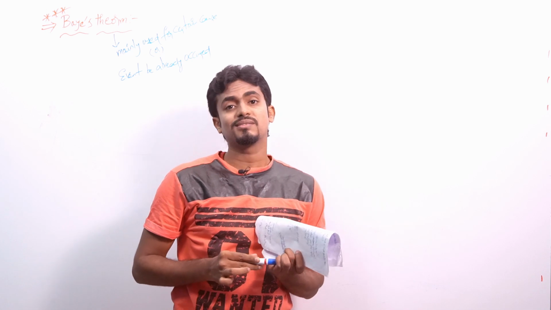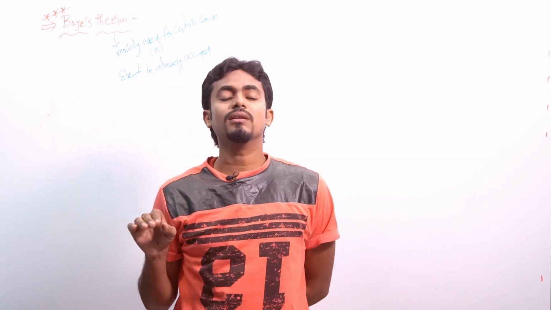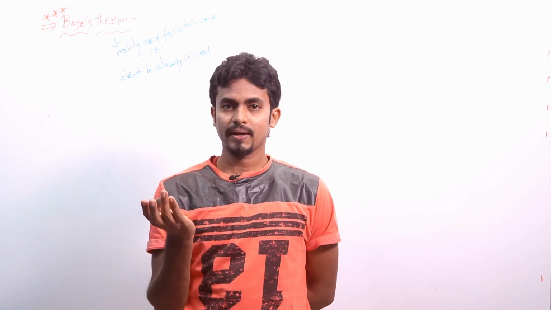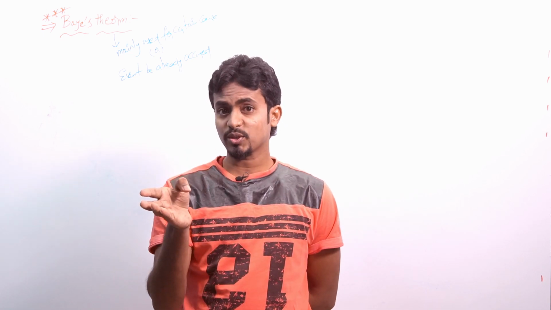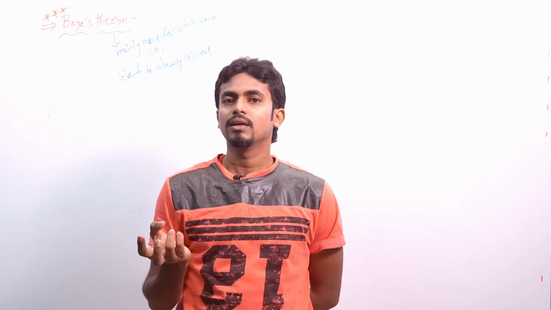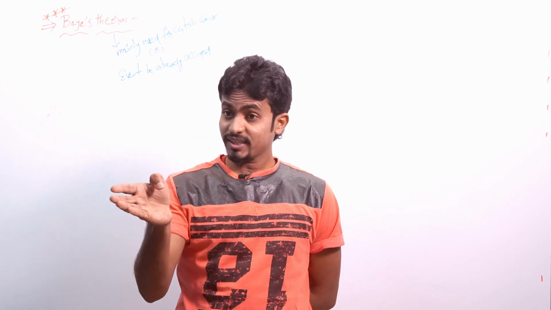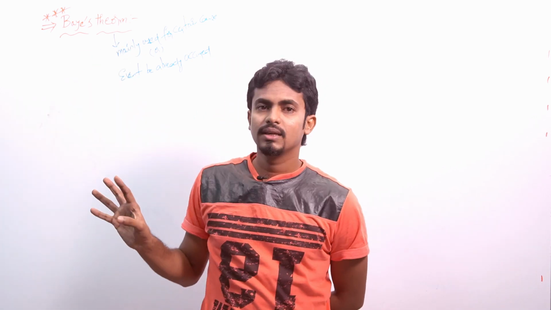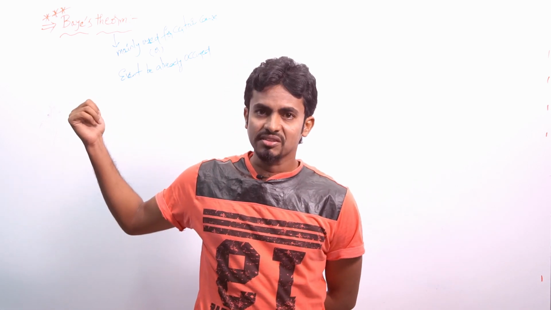The main theme behind this Bayes theorem is, for example, in a classroom there will be a group of students. If I want to select a particular student, my interest is social studies. So if I want to select that particular student, who is studying social studies, how much probability will there be? If I solve one to three problems, you will get to know how to use this Bayes theorem. Now we will see some proof for this Bayes theorem.